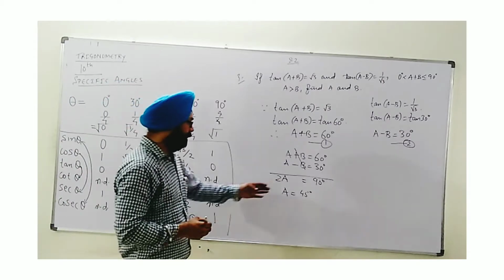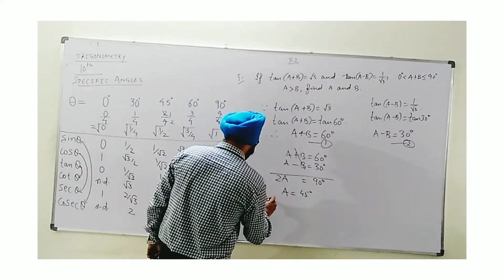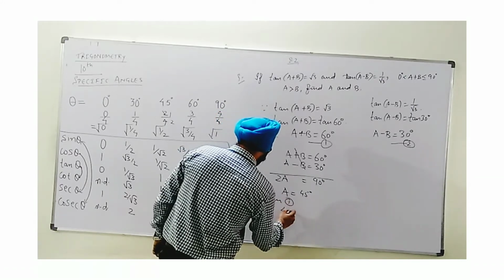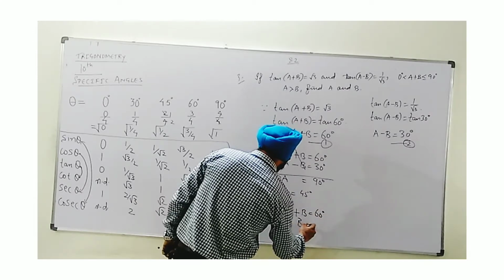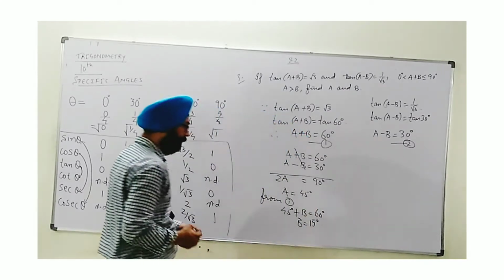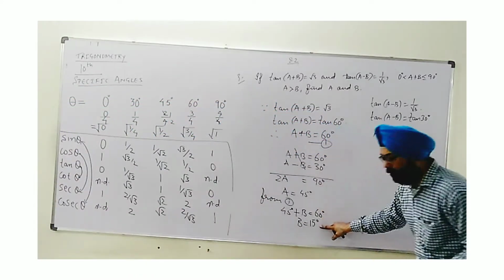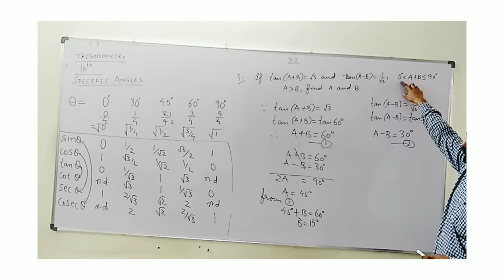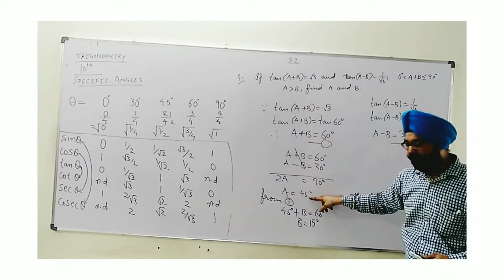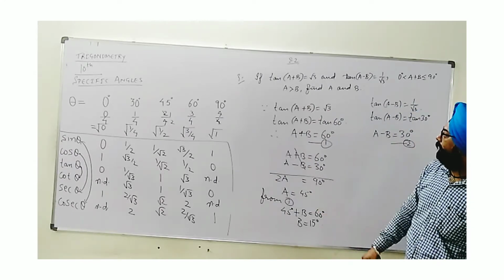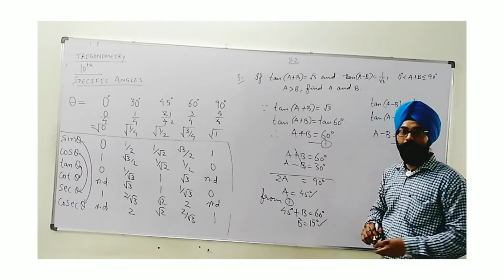I find this value can be substituted in either 1 or 2. We find that from 1, 45 as A plus B is 60 degree, so B will be 15 degree here. Now you can see whether they are satisfying the condition. Yes, they are. 45 plus 15 is 60, which is greater than 0 but less than 90. It is true. A must be greater than B, so yes, we are getting 45 greater than 15. Okay, so this way these are the required values of A and B.